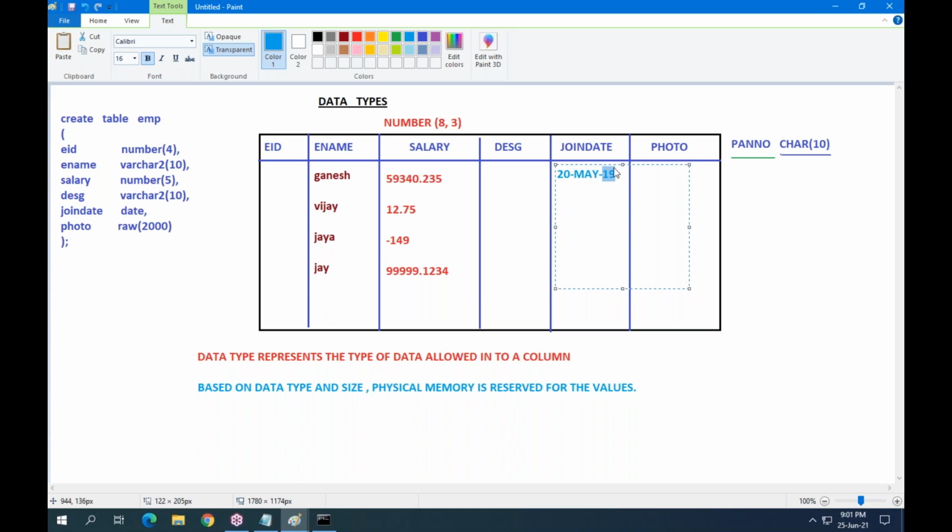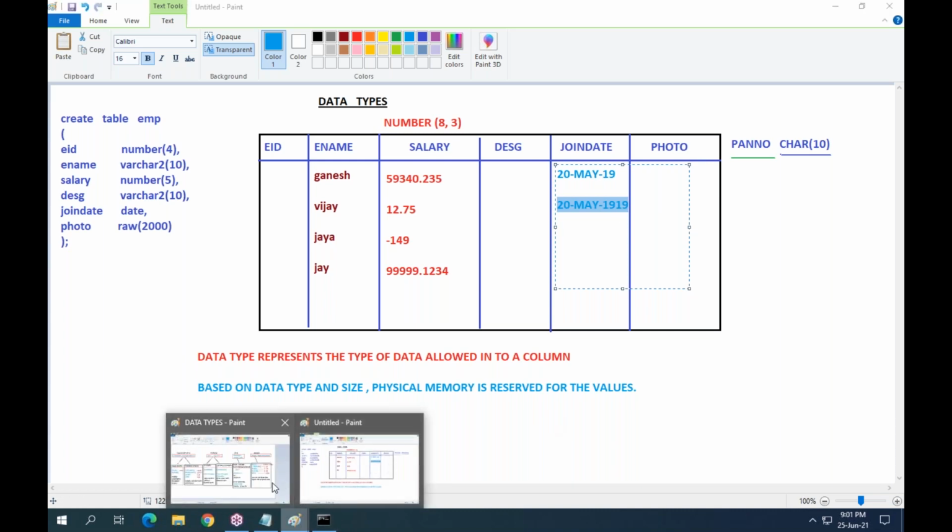If you want to store 1919, enter the value like this: 20 May 1919. Then internally the date value is stored like this, within the database. But visually, you can see the date value like this only.